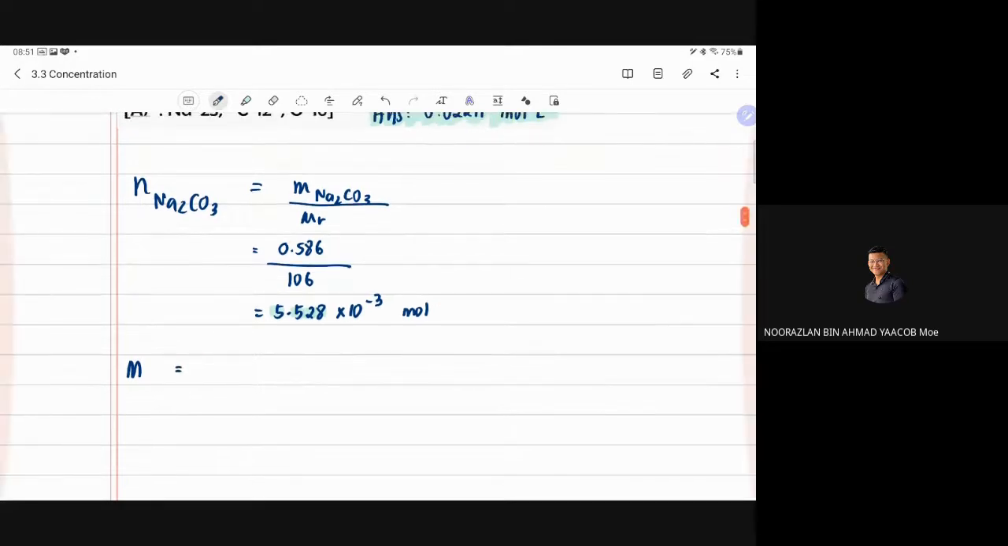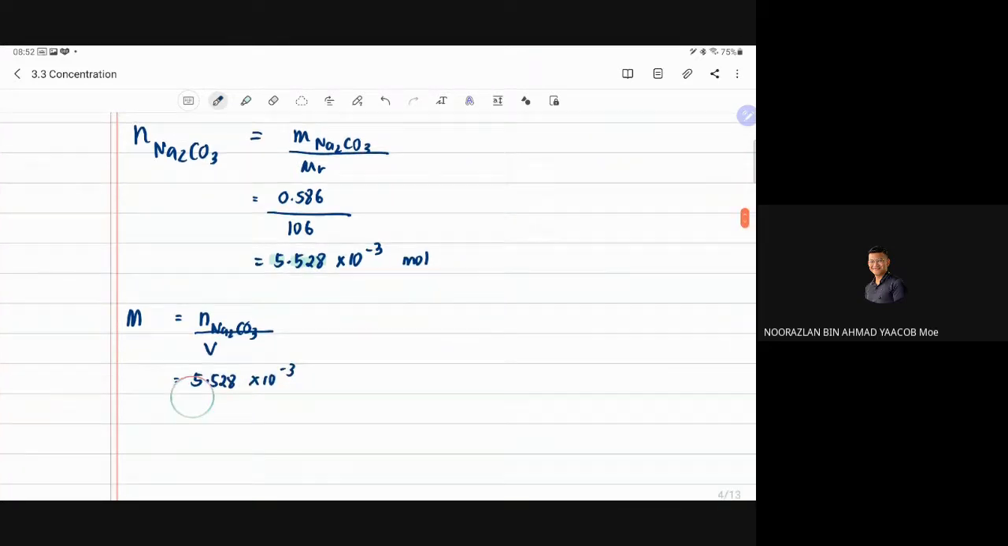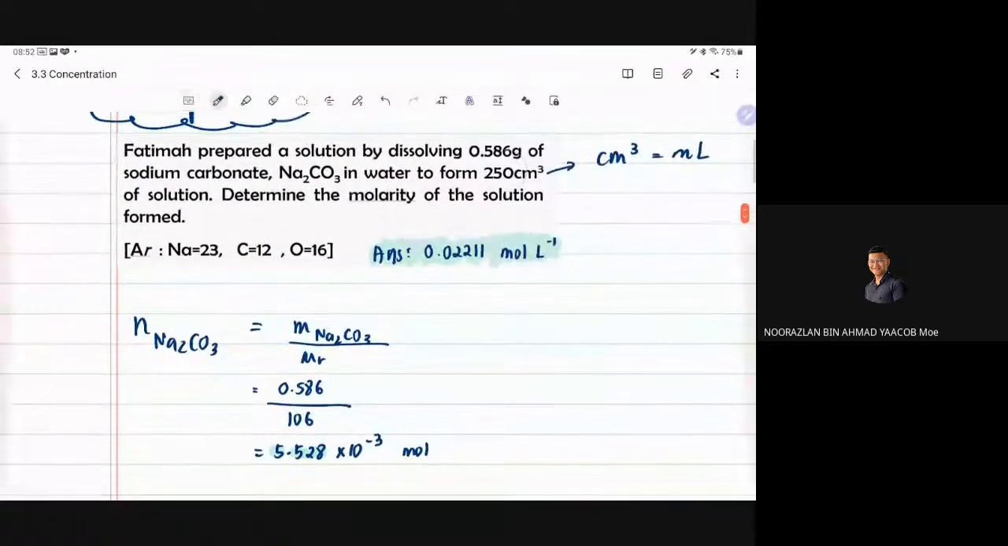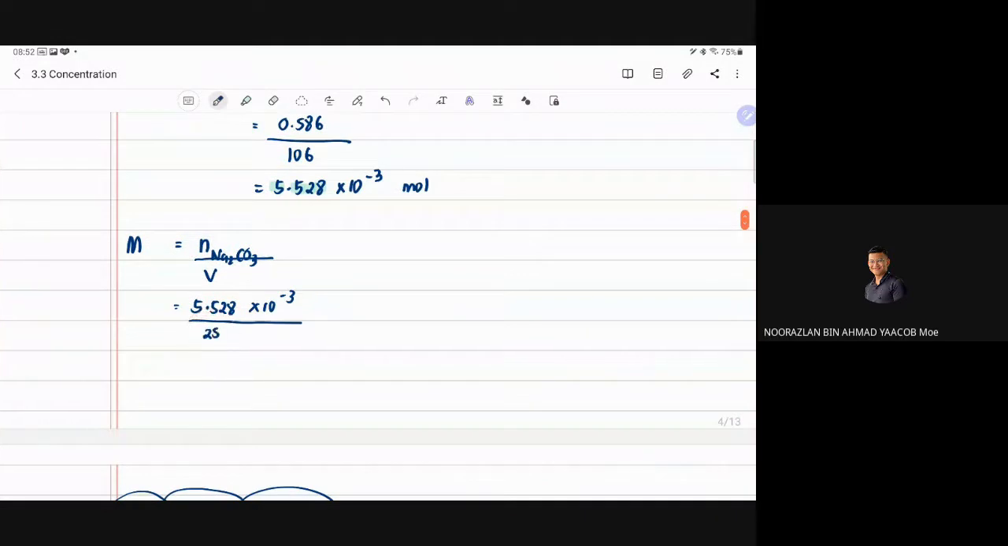Molarity of solution sama dengan number of mole Na2CO3 bahagi volume. So number of mole dia 5.528 darab 10 negatif 3. Divide by the volume, it is given here 250 ml. Nak tukar ml kepada liter sama dengan 250 divide by 1000. Kita akan dapat 5.528 bahagi 0.25. We should get,